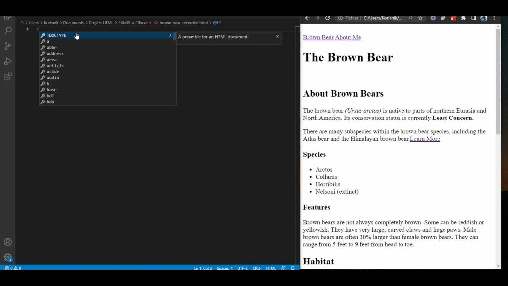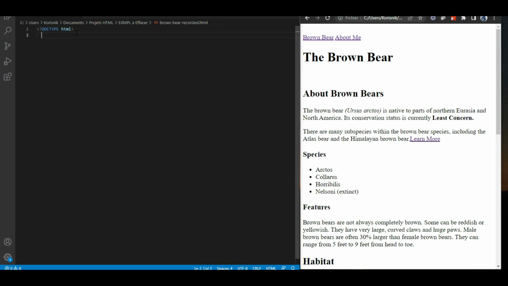So here the first thing we are going to do is to write doctype HTML to show the text editor which language we are going to write. Okay, so here it's HTML, like this, and then we are going to write head, of course, and also body, like this, right? And then on head